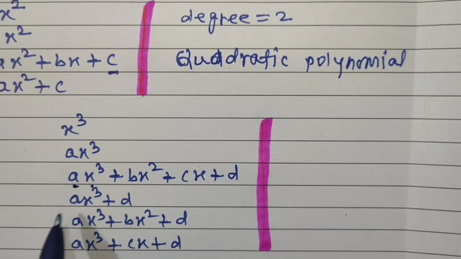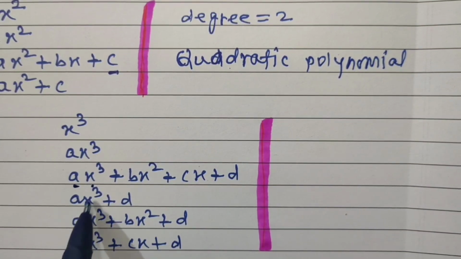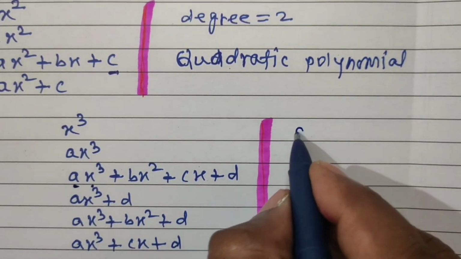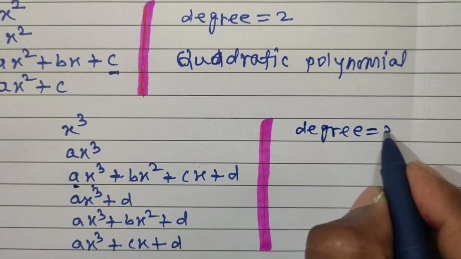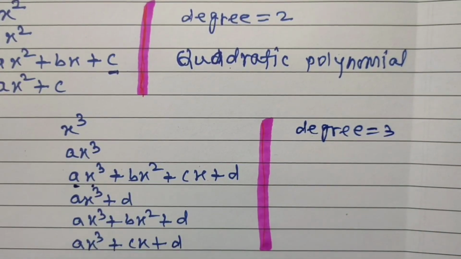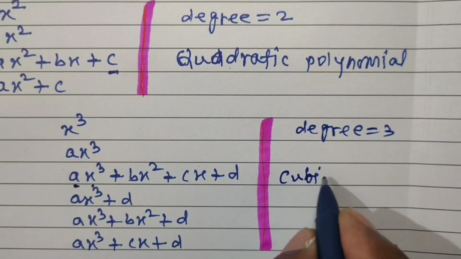Here two terms are there, ax cube plus d. Degree of this term is 3 and degree of this term is 0. So degree of this polynomial is 3. Degree of this polynomial is also 3 and degree of this polynomial is also 3. So here we can say degree of given polynomial is equal to 3, and such polynomials are known as cubic